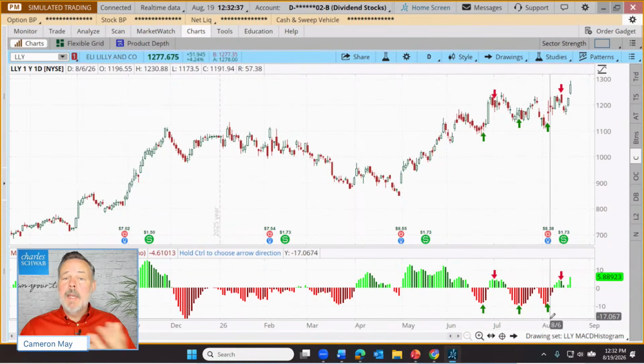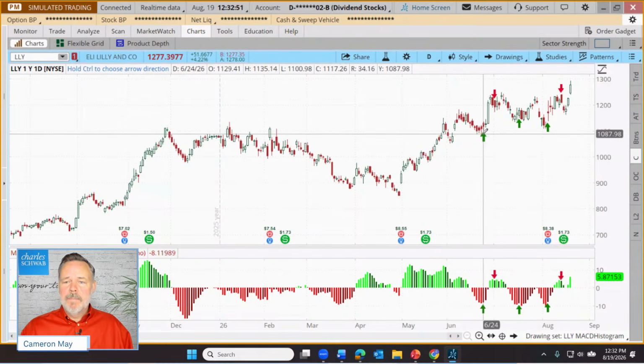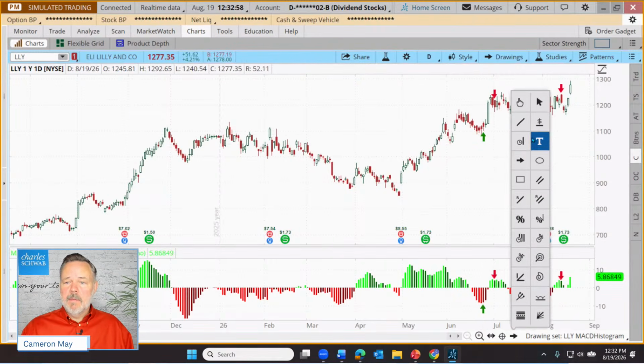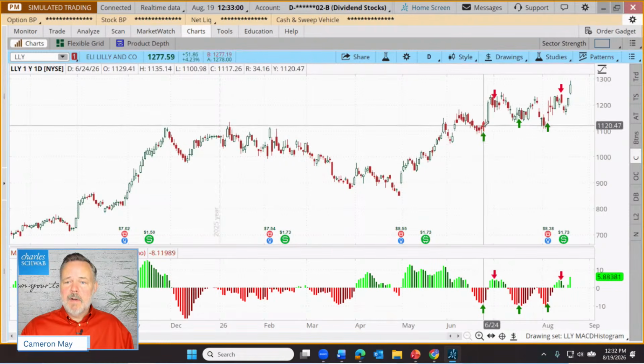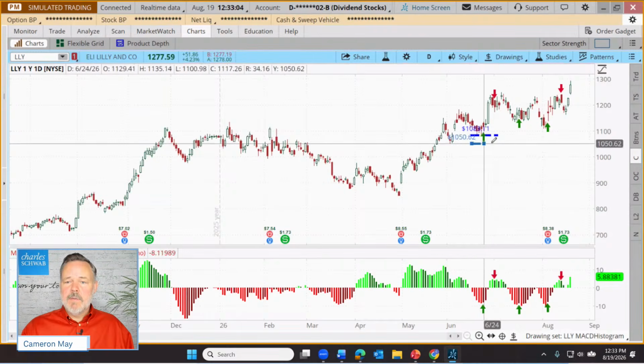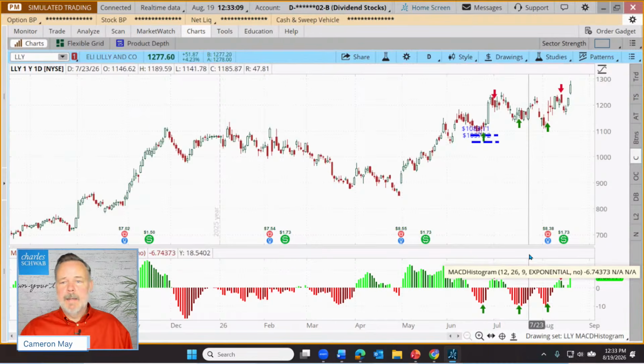Once again, no indicator is perfect. So even if we think we've spotted a low and we think we're on our way up to a high, sometimes it just goes down to lower lows. So what might be the exit here? Well, upon entry, the trader might look back to recent lows, and if price goes below those, maybe they just pull the plug. So an example here, there's our entry. Recent low was about right here. So if we start to stretch below that, might be time to take our exits.